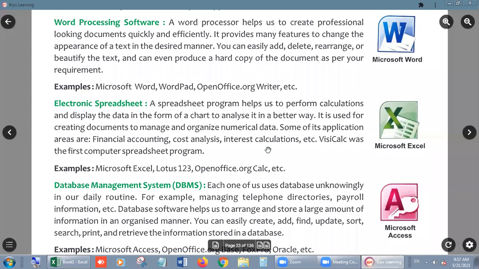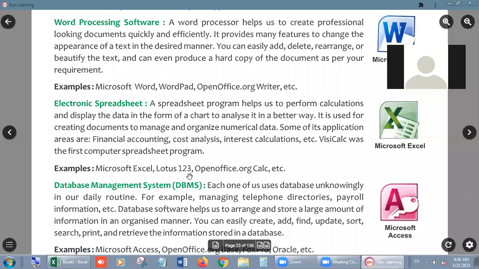For your purpose, your timetable is a must. As you can see the timetable in your school diary, most of the time you go through the timetable which is always pasted outside of your class, right? Then the same timetable we can prepare, we can create in Excel. I hope you are understanding the concept, right? The example of this electronic spreadsheet is number one, Microsoft Excel, which I showed you.